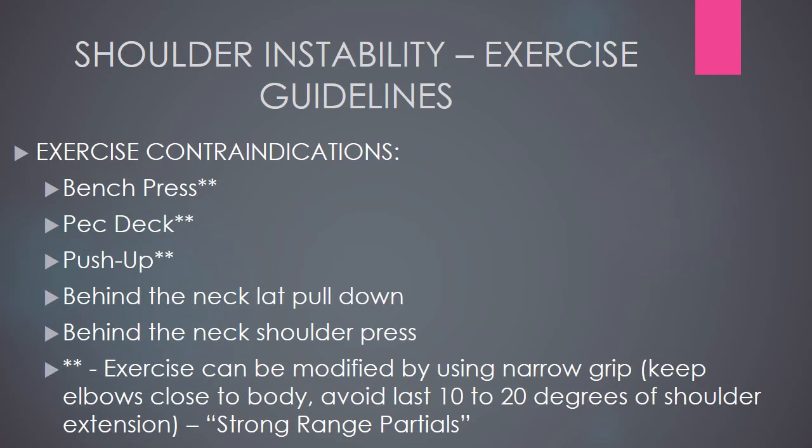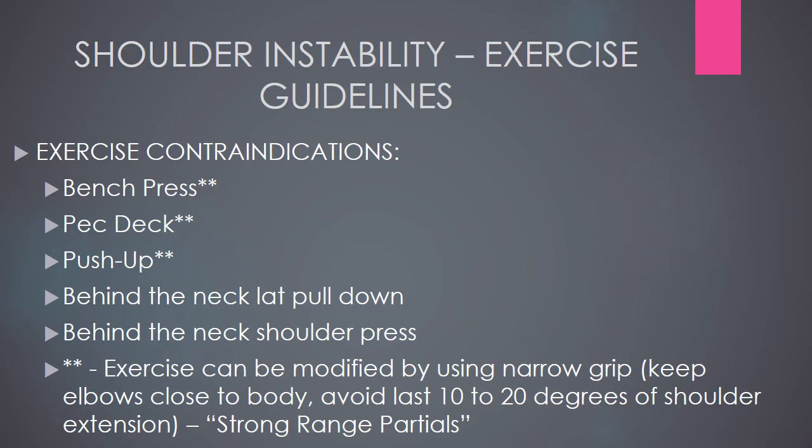So this would include, for example, bench presses. If you picture in your mind the bench press position, that involves 90 degrees of shoulder abduction. It involves neutral rotation of the humerus bone. But because of the 90 degrees of abduction and then the anterior stress directed through the glenohumeral joint as the barbell comes down to the chest, that would be a contraindication.